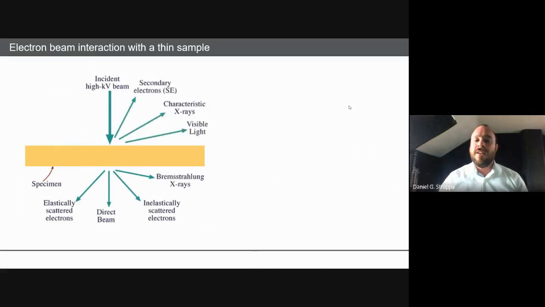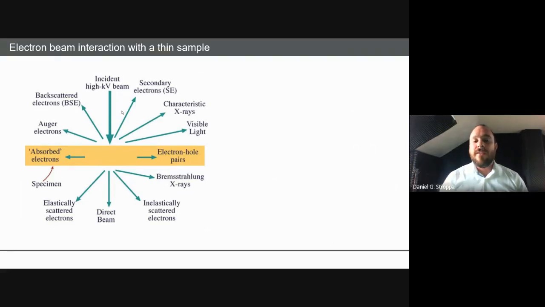And when I mention high kV electrons, here typically we're talking in the range of 300 kV electrons, so 300,000 electron volts in energy. And this is on the higher side of the electron energy, and down to 30 kV. So 30 to 300 kV is the typical range that we're talking about on a TEM machine. And then the idea is that we're shining our electrons on the sample, and we're going to collect these different signals to understand better what is there to